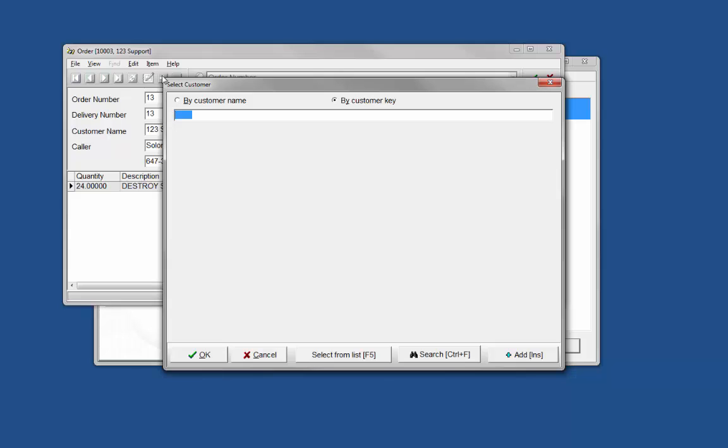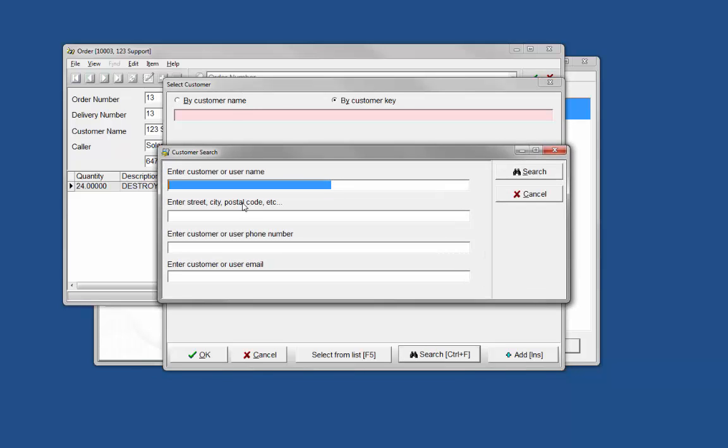If we don't know whether or not the account already exists, I'll start by searching. And here we have the option, what we call the advanced customer search, which allows us to search a number of different fields using partial string matching. So I can search for a partial email address, a phone number, postal code, or some element of the customer name or username. So let's say I want to search for companies that have email addresses with DocuData in it. So I'll just